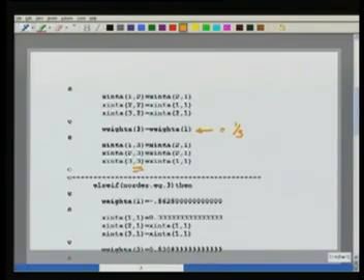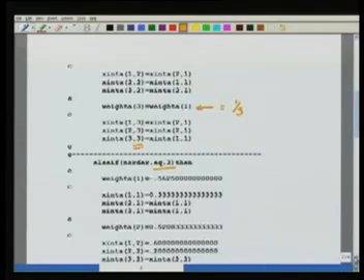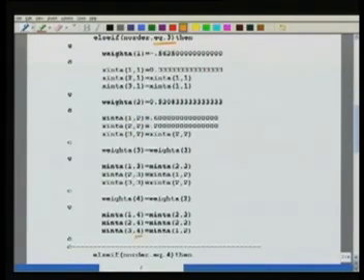So this way I can keep on continuing and create the integration rules of the requisite order. For example, when the order of the integral is 3, then I think I have a 4-point rule. So you see that there are 4 points involved, and the weights and the coordinates are given like this. The weight of the first point is this, weight of the second point is this, weight of the third point is the same as the second point, and of the fourth point is the same as that of the second point, while the coordinates are given as these, in terms of the barycentric, which we can easily convert to our